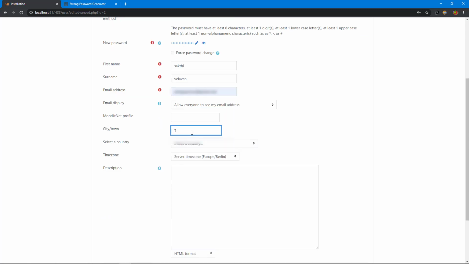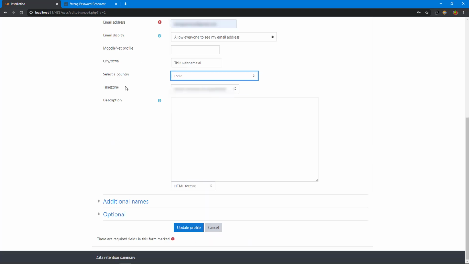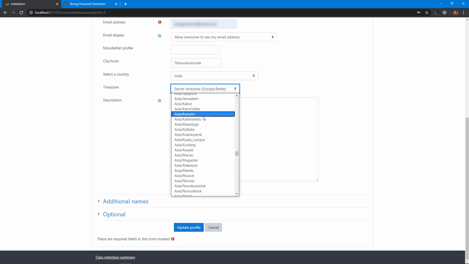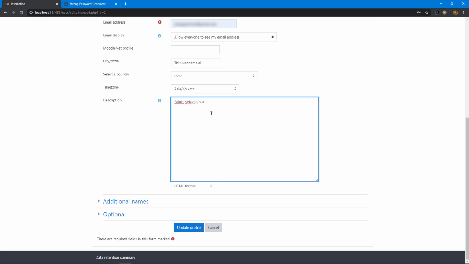I want to set the town, and I select the country, India, and you can set the time zone here. I select Kolkata here. I type a description: Sakti Velavan is the first admin user.